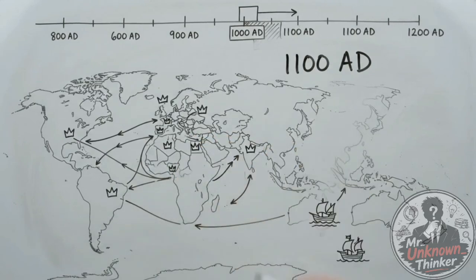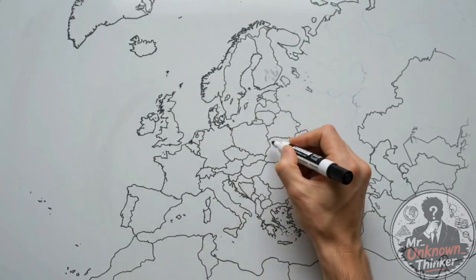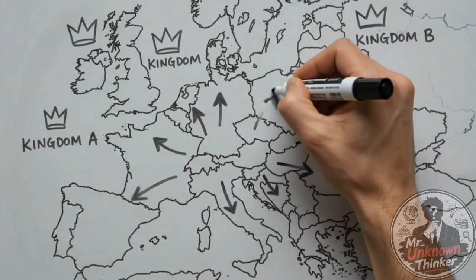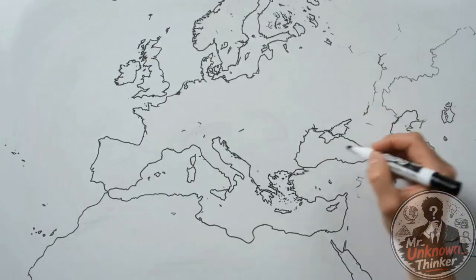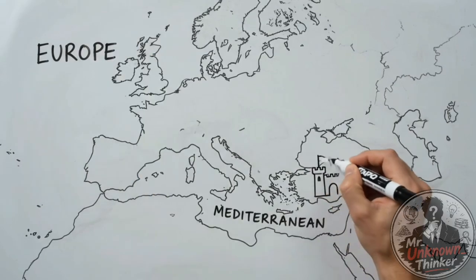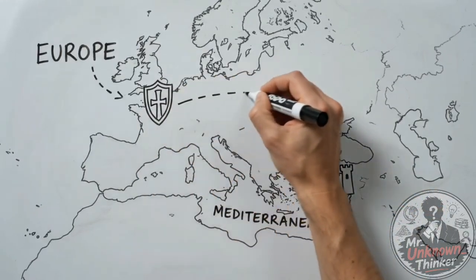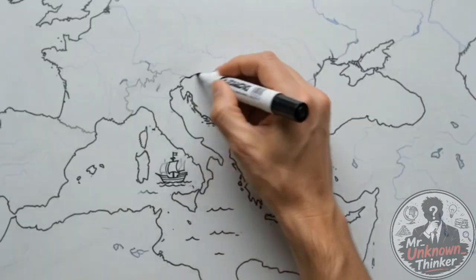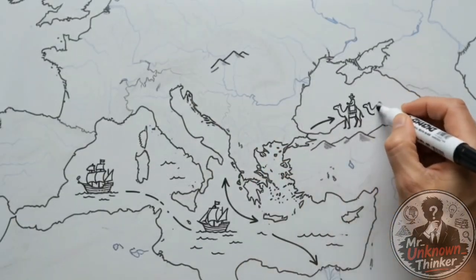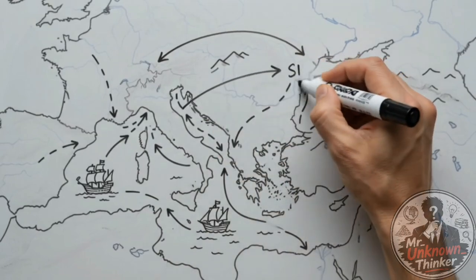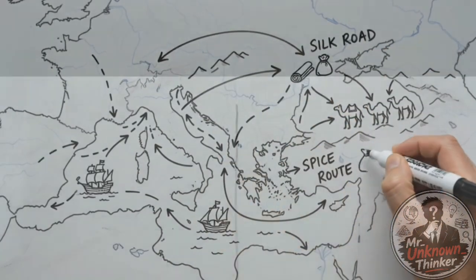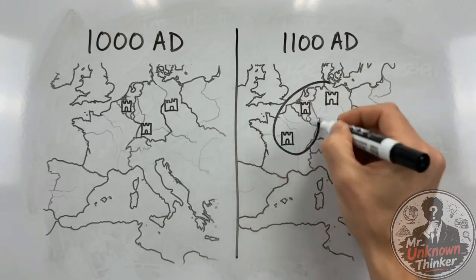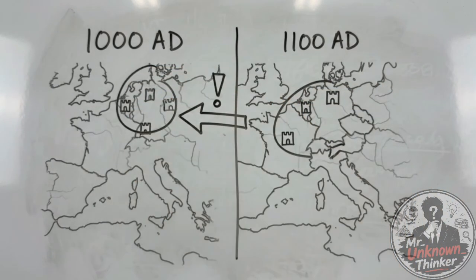By the year 1100, the balance of power had already begun to shift. Some kingdoms expanded while others declined, and new rivalries emerged across Europe and beyond. At the same time, major campaigns between Europe and the Eastern Mediterranean influenced politics. Trade continued to grow across continents. Merchant ships crossed busy seas while caravans carried valuable goods across deserts and mountain passes. Comparing the maps of 1000 and 1100, we can already see borders changing and new powers emerging.